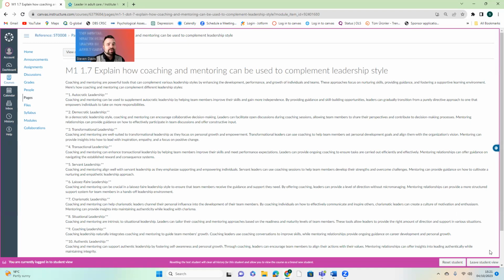1.7 then looks at you explaining how coaching and mentoring can be used to complement leadership styles. So again, looking at some of these, you can see here, if you look at the autocratic leadership, coaching and mentoring can be a useful supplement to the autocratic leadership by helping team members improve their skills, gain more independence. So thinking about your leadership style, just looking at how you can best use that to get the most out